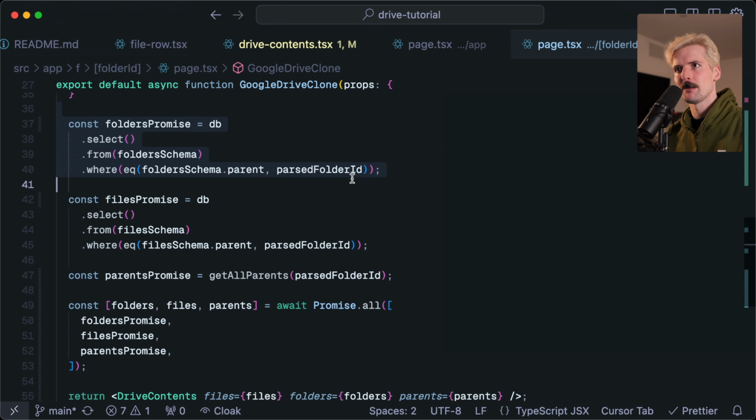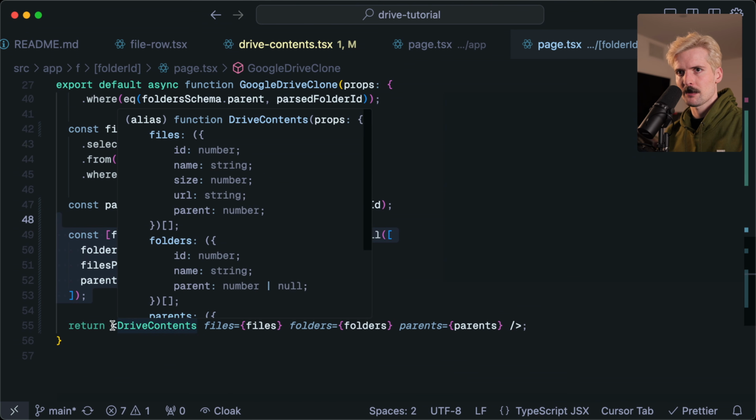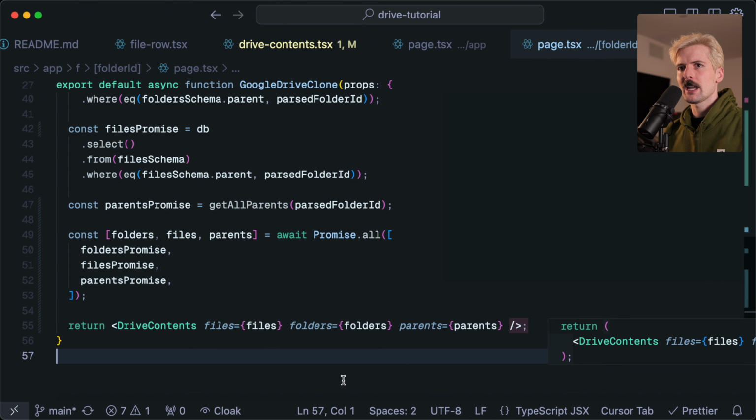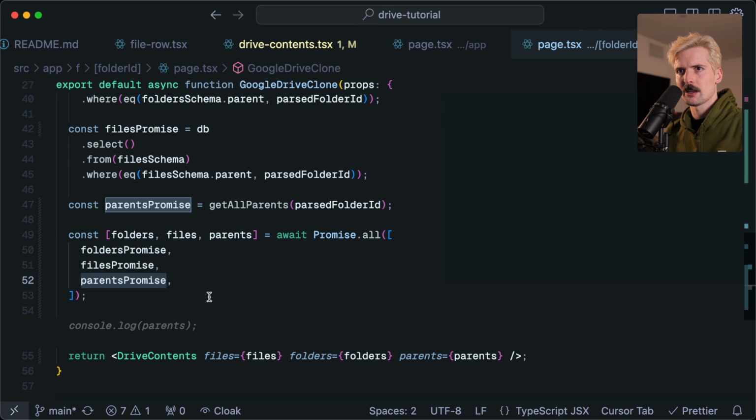We create the different promises for the different data that we need. Folders promise, files promise, parents promise. Then we wait for all of them to be done. Then once all of them are done, this runs. Ideally, I would try catch wrap this whole section, because if parents promise fails because it hits a bad state,